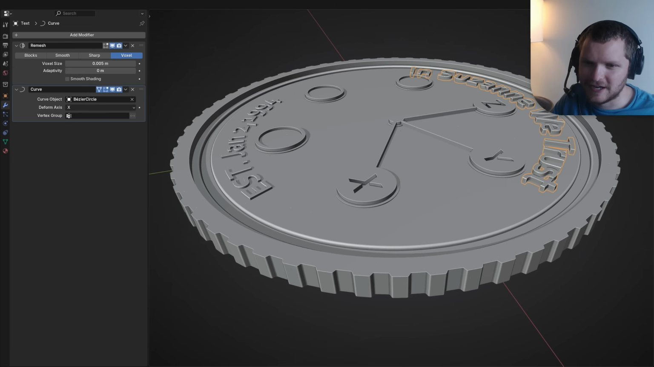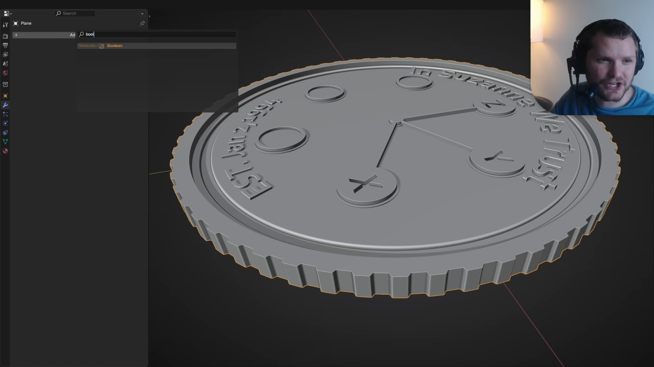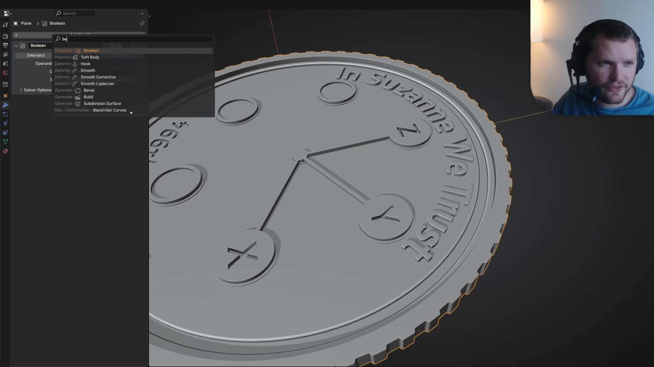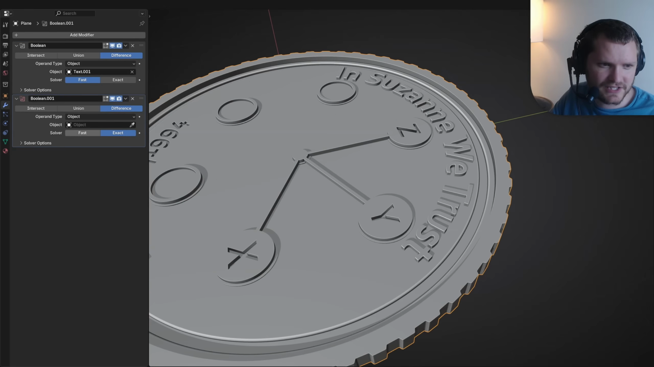Okay, let's wrap this up. Take the object, add a mesh boolean. What do I want to cut out? The first text. So now we can do another mesh boolean, so one after another, set it to fast, set it to the other text,